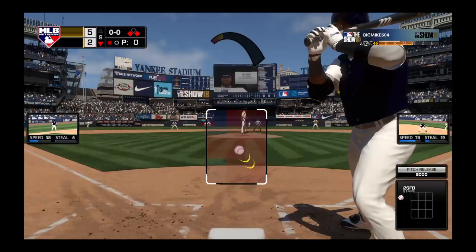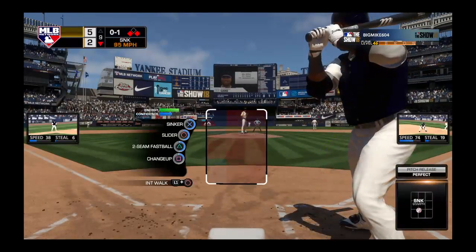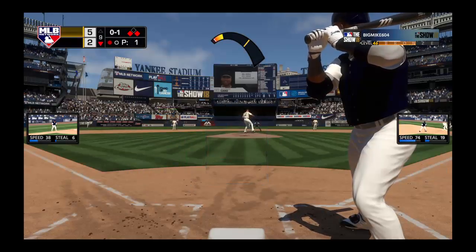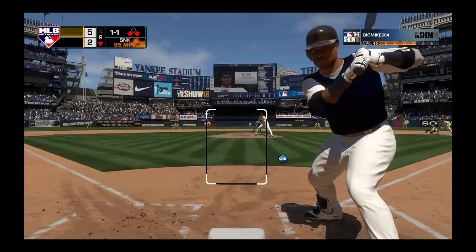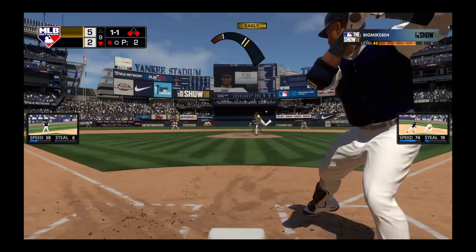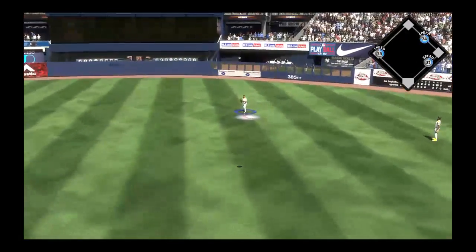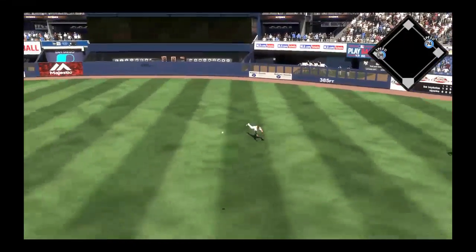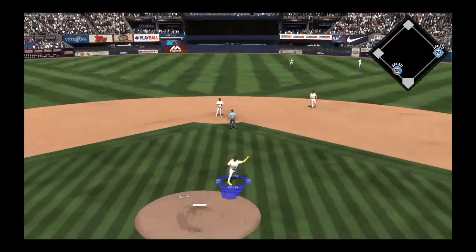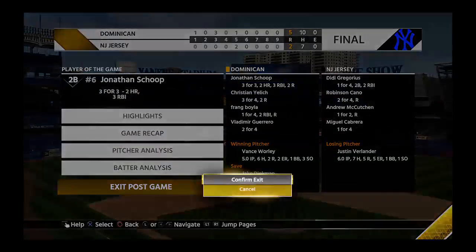Jake Diekman comes on here looking to get the final 2 outs and earn the save. And he starts the number 8 hitter with a strike, 0-1. Sinker, 1 ball, 1 strike. Look into McCann, the 1-1. Lifted in the air to center. Hicks is there, and that should be deep enough to score the run. And a relay to the plate, and he is out at the plate. Trying to get a little too greedy when he didn't need to be, and this ball game